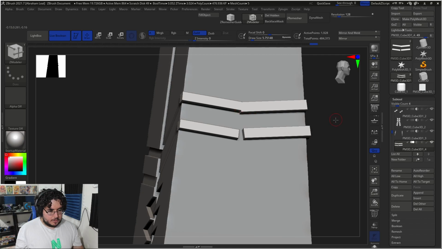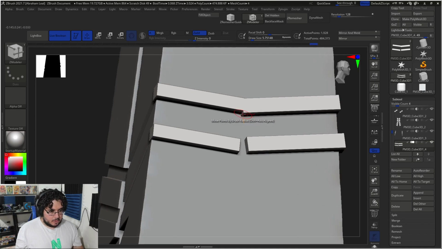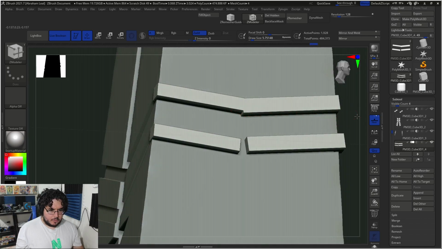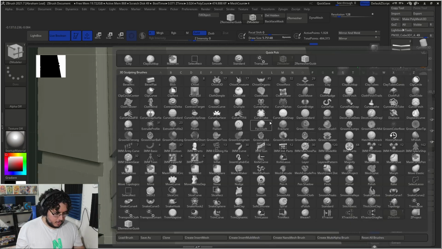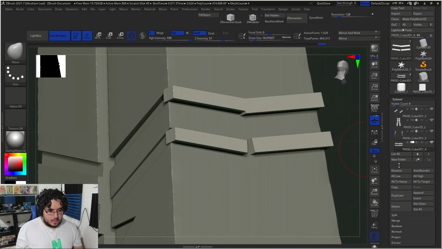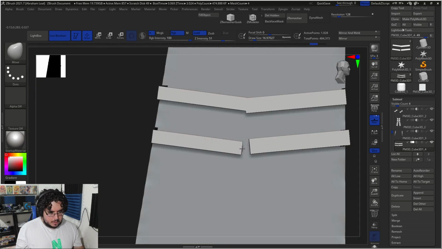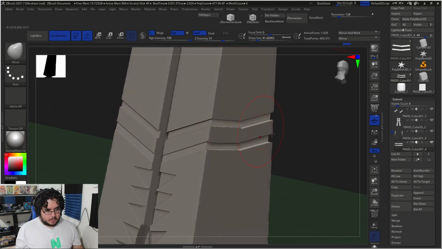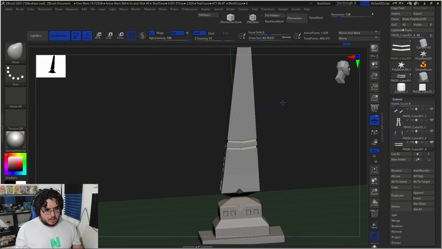and let's move this. I'm still using my series measure. We can just use the move brush. Yeah, I mean, again, I think we can, let's mask. I'm gonna change to mask lasso. I'm gonna mask this part out and just move this thing so that we actually match it. So now when we divide this, we get those holes right there, which again, not perfect, but we can do a little bit of polish later on,